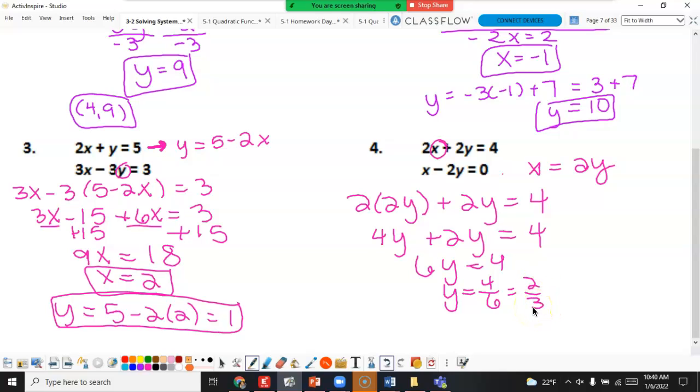That problem is an example of why we don't change it to a decimal. Because if I change that to a